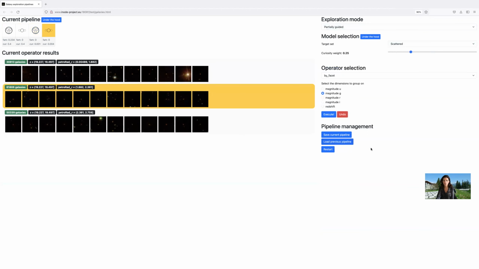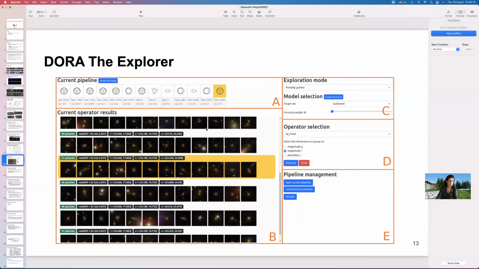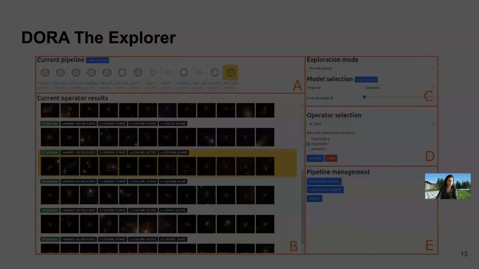Okay, there's also a possibility of managing the produced pipelines. I could save a current pipeline. I could load the previously saved pipelines and continue until I decide that I'm done with my exploration. Okay, so that's DORA for you. Now,